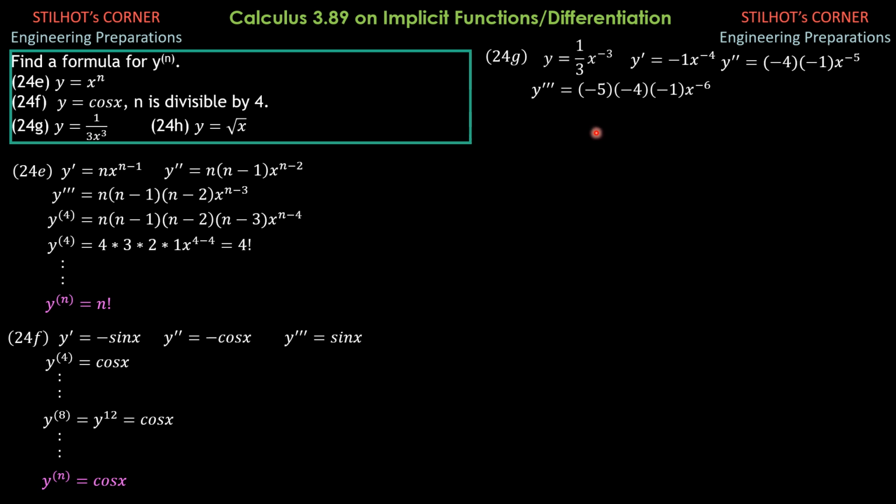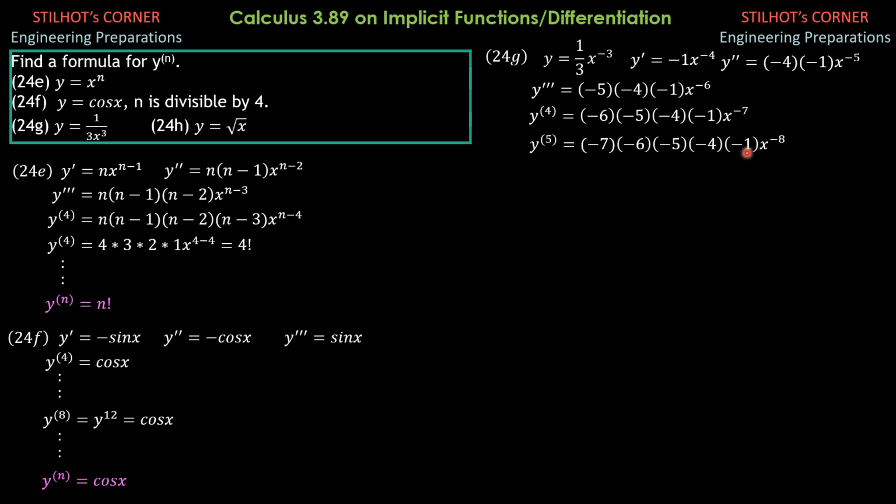Then y quadruple prime, or the fourth derivative, is negative 6 times negative 5, negative 4, negative 1 x to the negative 7. Then the fifth derivative is negative 7 times negative 6, negative 5, negative 4, negative 1 x to the negative 8. So we can now insert negative 3 and negative 2 so that this is the product from 7 to 1, which is 7 factorial,